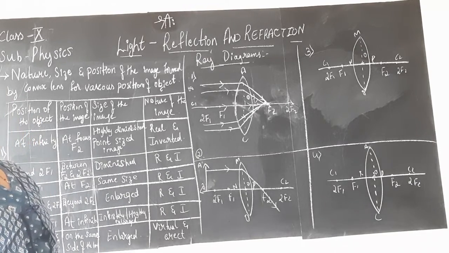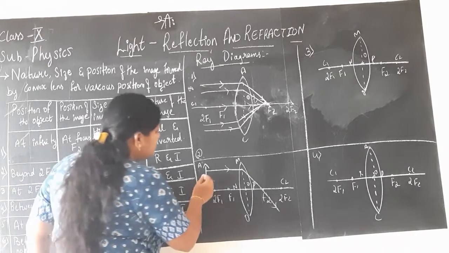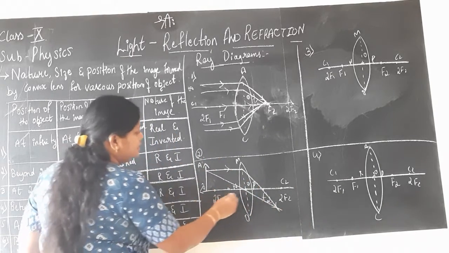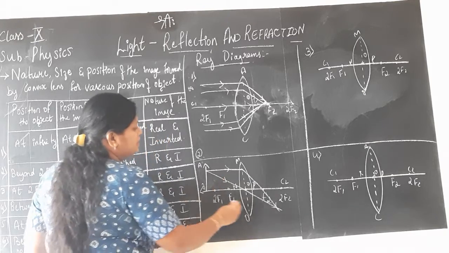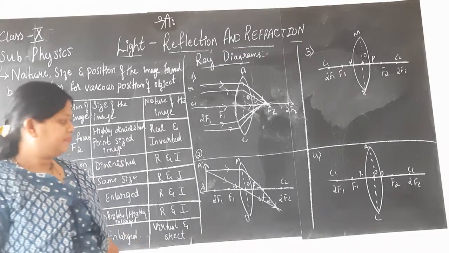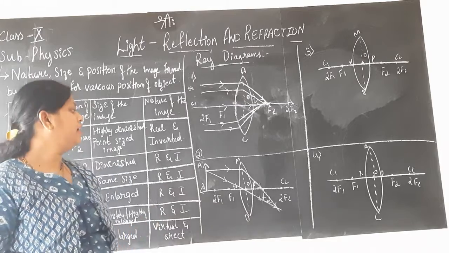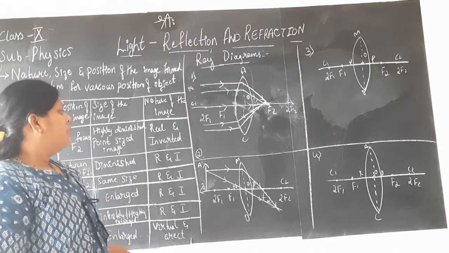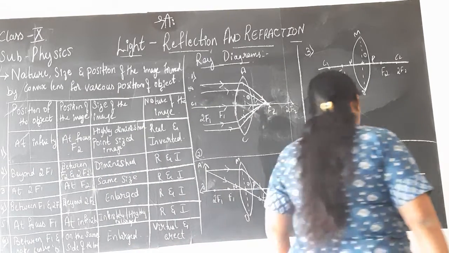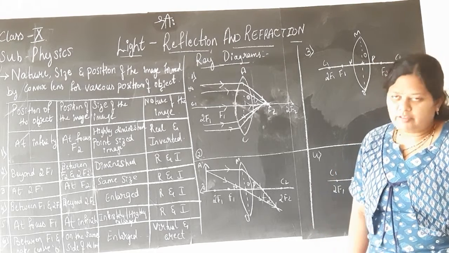One more ray of light if you take, wherever it will meet, there the image of the object is formed. I will consider another ray of light passing through the optic center of the lens. Any ray of light which is passing through the optic center will travel without any deviation. Straight, the light goes. Will not retrace. Please keep in mind and don't confuse with respect to mirror. Now children, these two rays of light are coinciding at some point. Where they coincide, there the image of the object is said to be formed.